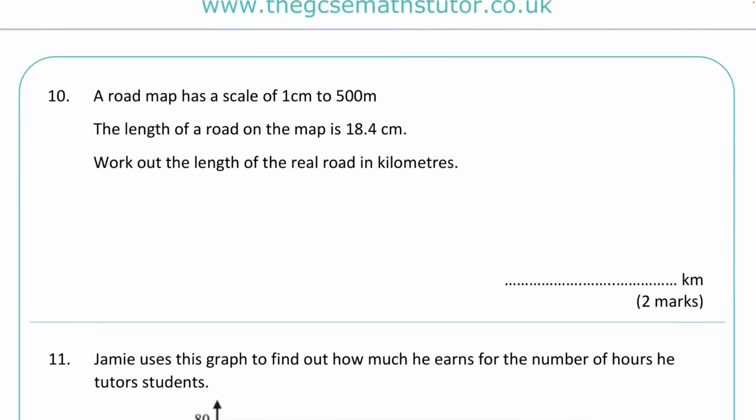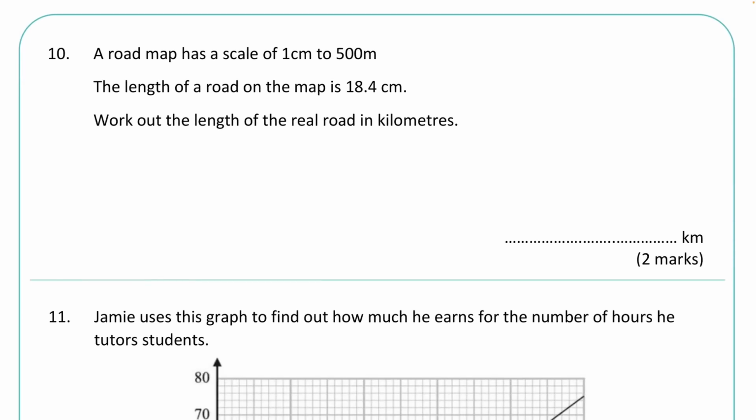Okay, on to question 10. We have a map scale. It says a road map has a scale of 1 centimetre to 500 metres. The length of a road on the map is 18.4 centimetres. Work out the length of the real road in kilometres. So if every centimetre is 500 metres, we can do 18.4 and multiply that by 500, and that's going to tell us how many metres that is. So 18.4 times 500 on the calculator is